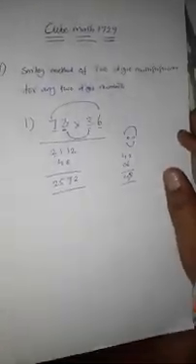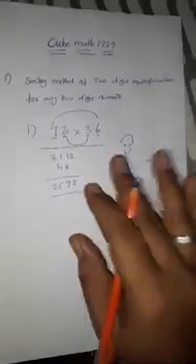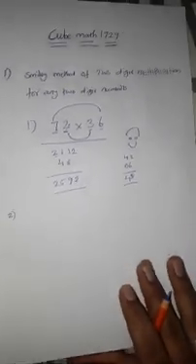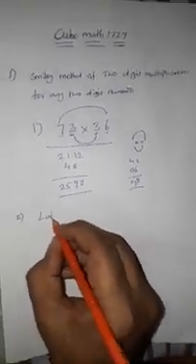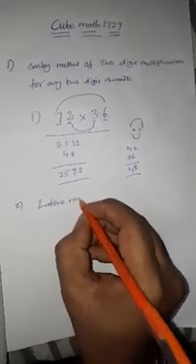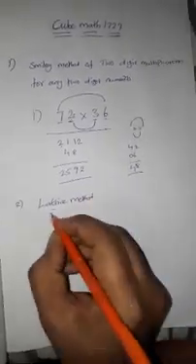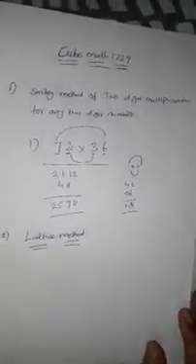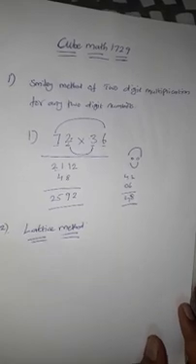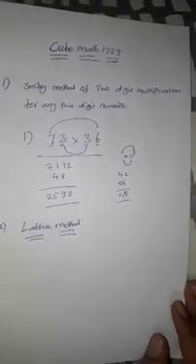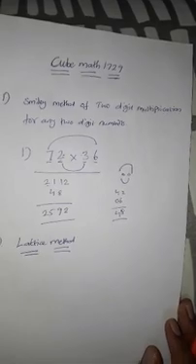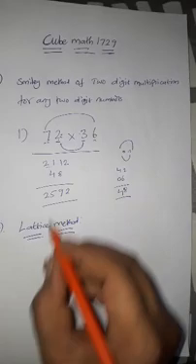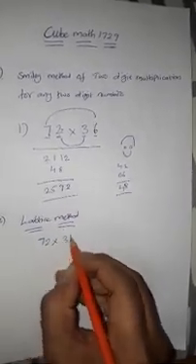Okay, how can you do the same question by another method? Look here, I am going to introduce the second method. The name of the method is the lattice method. What is it? The lattice method means that by making square boxes we have to find the solution. For the lattice method, not only two digits, we can use n number of digits multiplied over n number of digits. But for understanding purposes, I will take the same numbers, 72 into 36.